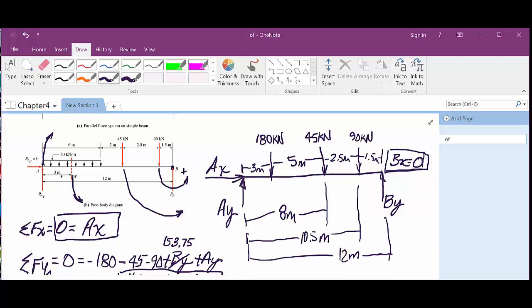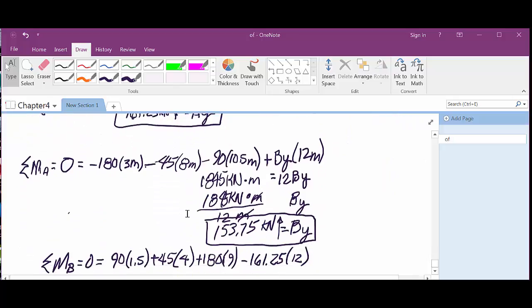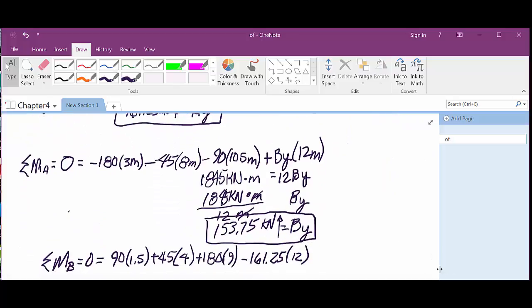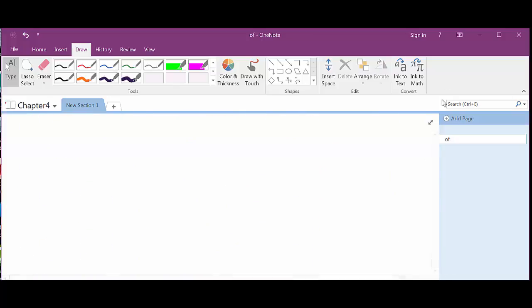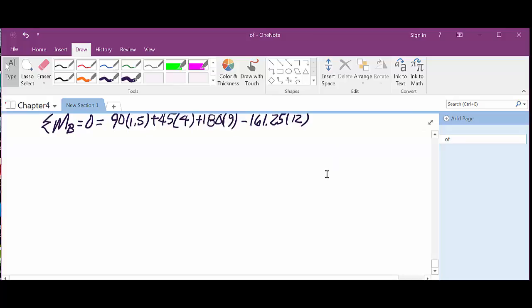Anything else? Anybody punch that in, make sure it did equal 0? It should have. So again, that's not a whole lot more difficult or different than the other ones we did for homework. The only thing that's going to throw, and I think, did we do some for homework that had an angle on them? Didn't do any that had an angle? And we will